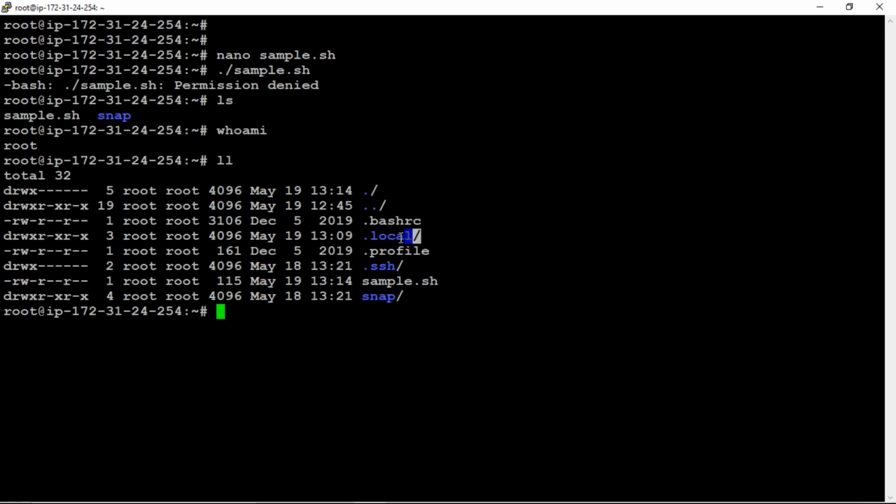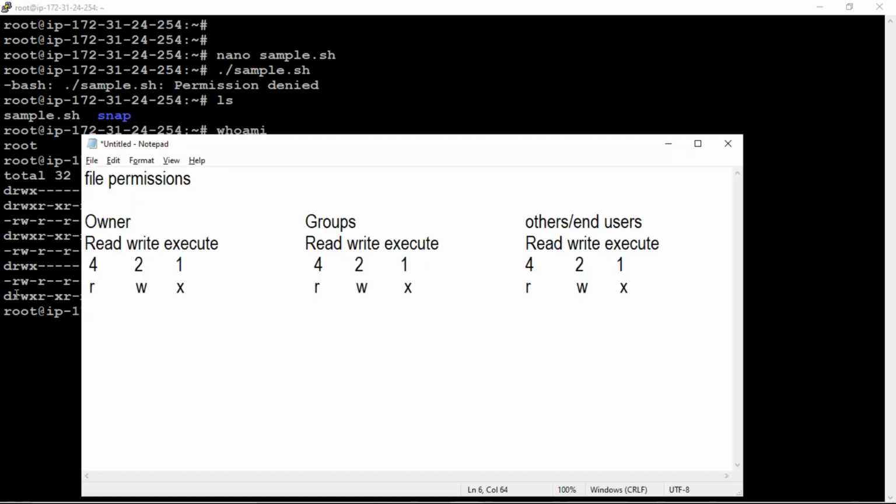Or else if it is a directory, it shows with D. Sometimes it will be a link in place of a hyphen or D. If it has a hyphen, it is a file; if D, it is a directory; if L, it is a link, followed by the user permissions.